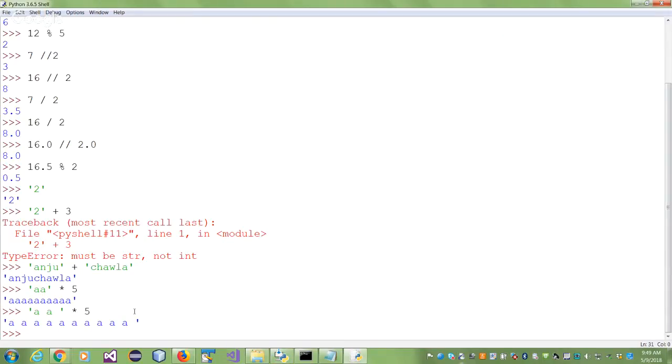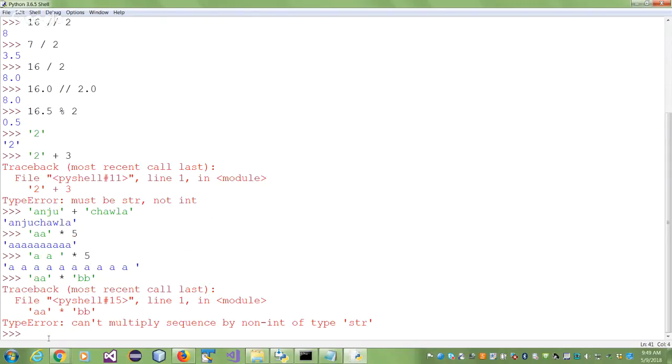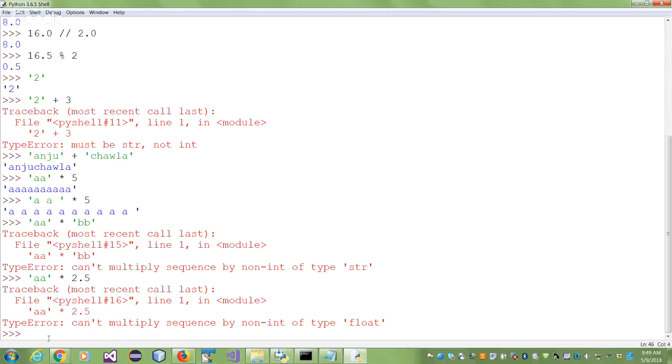But the rule is simple. The first must be a string. The second must be a number. You can't do anything else. You can't say, oh, multiply AA with BB. That won't work. It's only for replication. The second operand must be an integer.